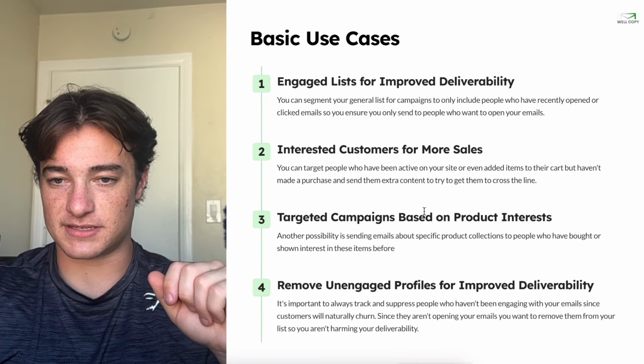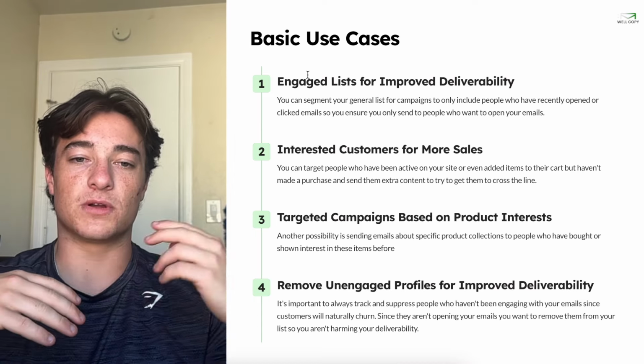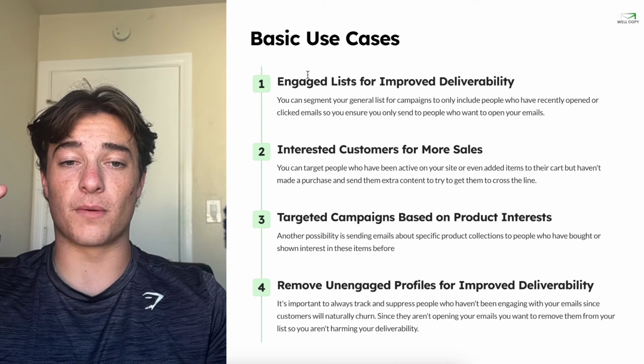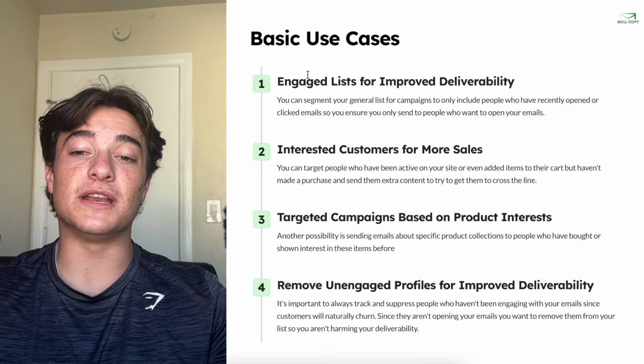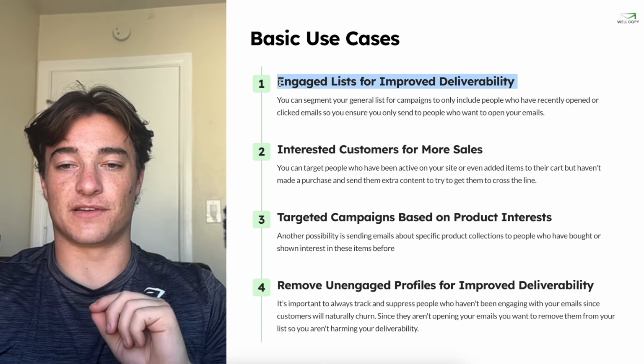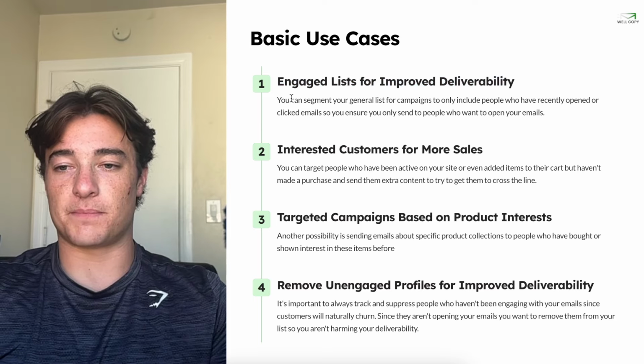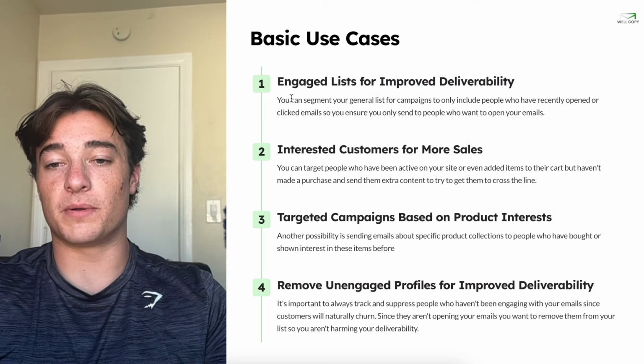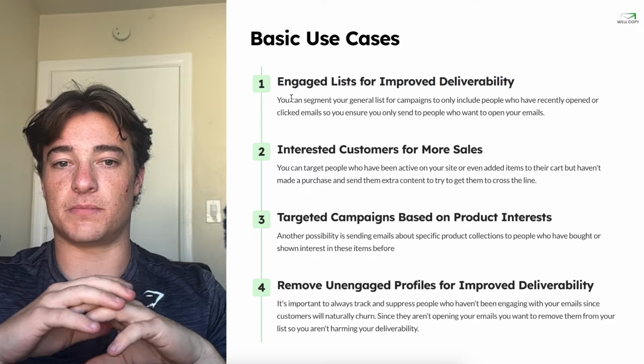So basic use cases, extending upon which we had before. These are the four main use cases that you can use. First, using engaged lists for improved deliverability. You can segment your general list for campaigns to only include people who have recently opened or clicked emails,